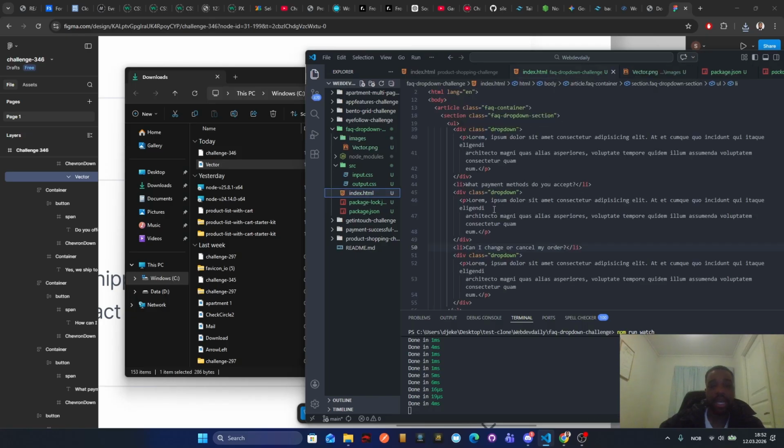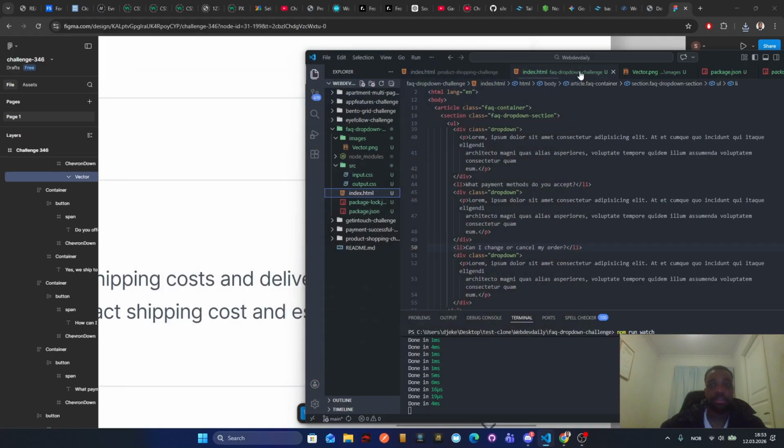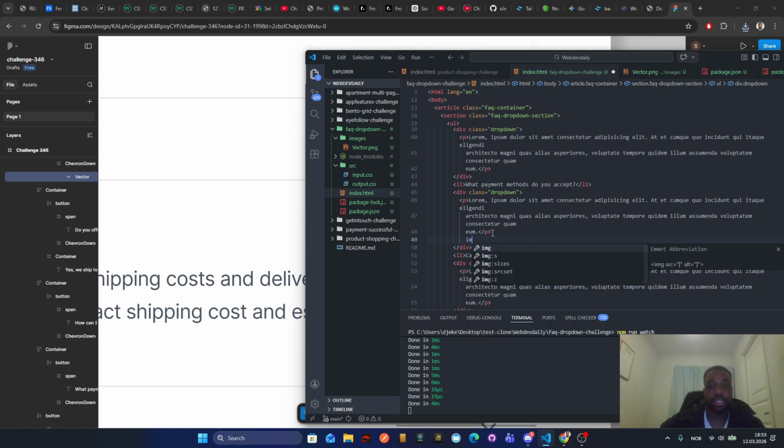And the reason I have a class is because I need to flex. I need to separate the p tag and the icon, right? Because they need to be separate. So I'm gonna say images vector